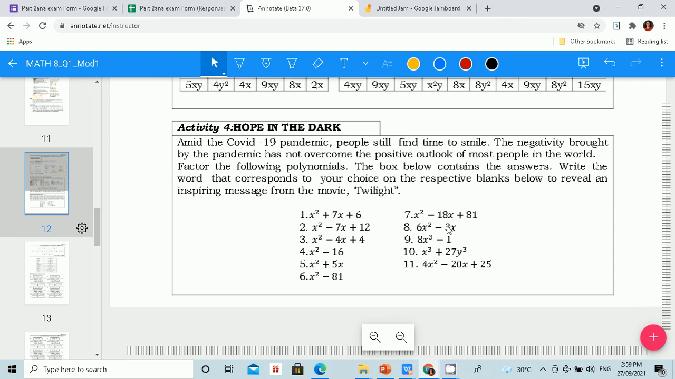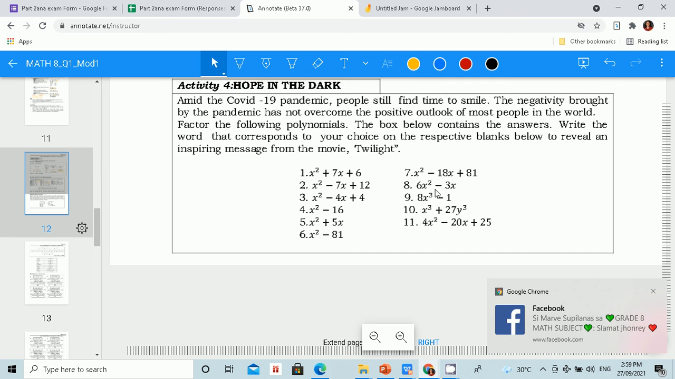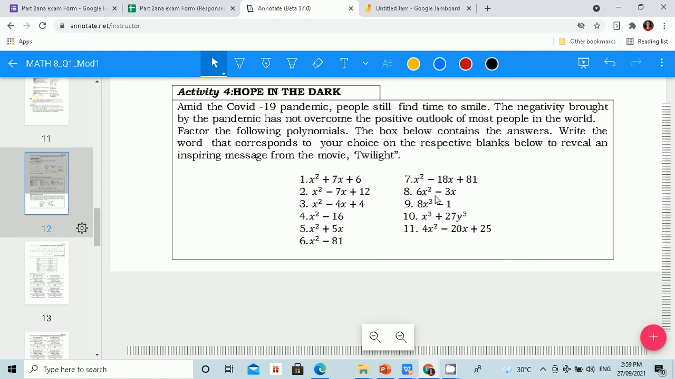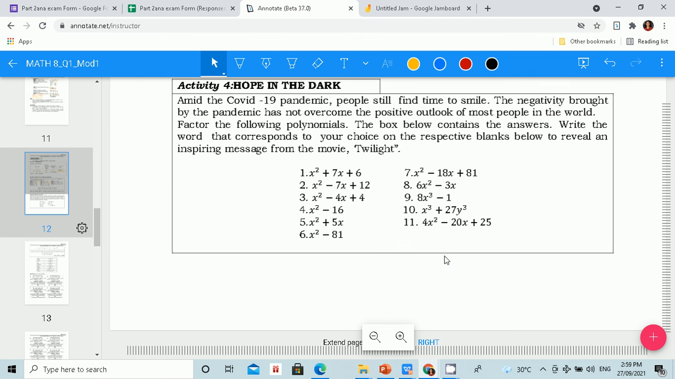Hope in the dark. Now, this time amid the COVID-19 pandemic, people still find time to smile. The negativity brought by the pandemic has not overcome the positive outlook of most people in the world. Factor the following polynomials. The box below contains the answers. Write the word that corresponds to your choice on the respective blanks below to reveal an inspiring message from the movie Twilight. So first class, you are going to factor this one, factor the numbers, and then when you get the factor, you will